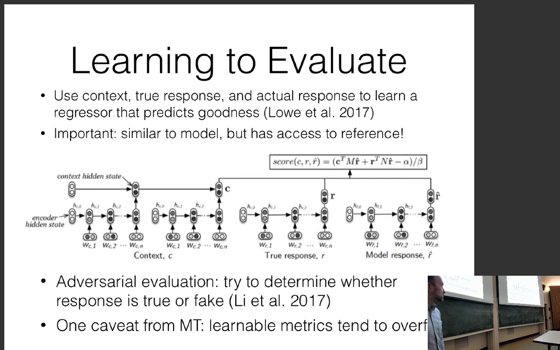Oh, so it depends which one you're talking about. For the first one, they have a bit of human annotated data, where the humans annotate whether this is a good response or not. And that can be generated either from a baseline system or from just human responses that they graded as being good or bad. So in the first case, you just train a regressor to a score that you already have. For the second case,